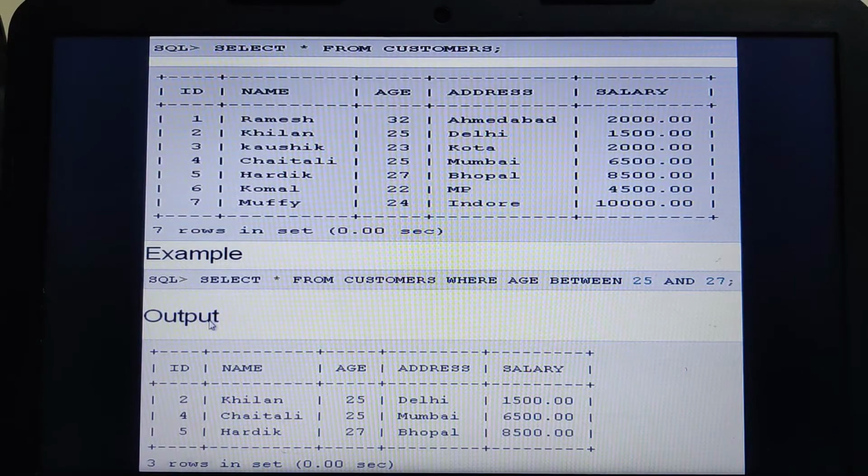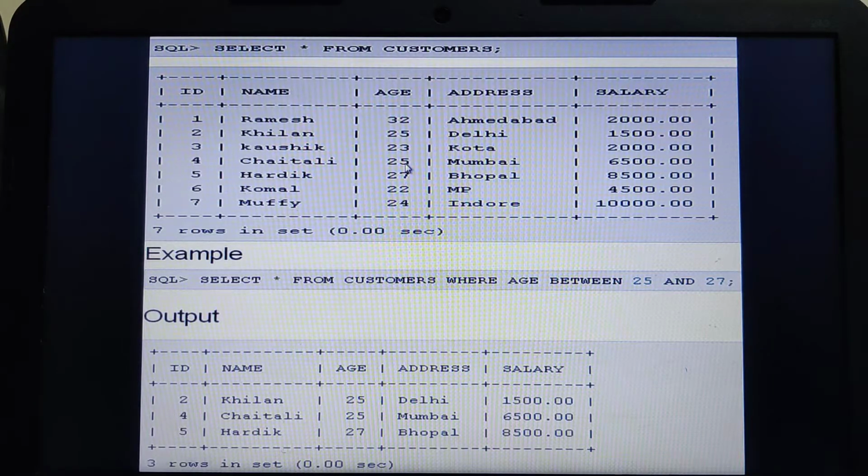The query is SELECT * FROM customer WHERE age BETWEEN 25 AND 27. SELECT * FROM means it has to retrieve all the records, but the condition is that the age should be between 25 and 27. Look here: Khilan, age 25, will be selected. 32 will be discarded because it doesn't fall between 25 and 27, and 23 also wouldn't.